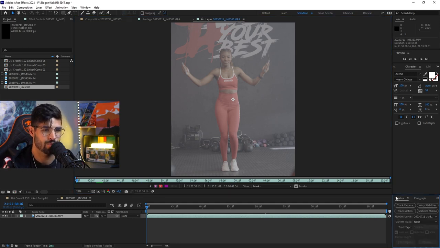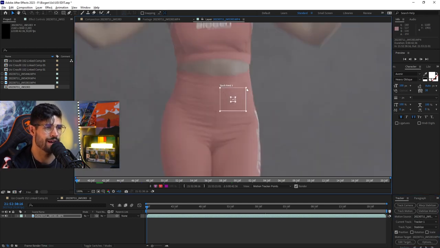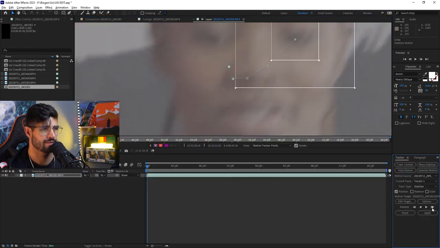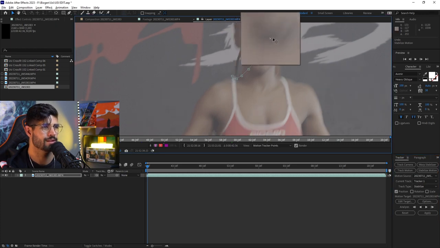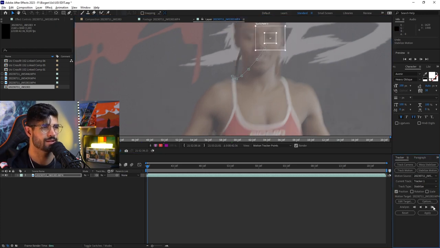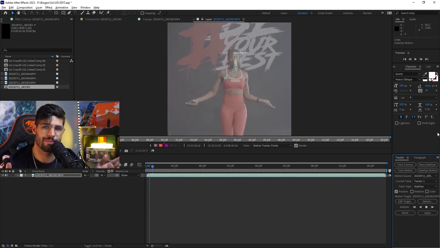Then I'm going to come over here to my tracker. And what I'm going to do is I'm actually going to stabilize motion. Now it's created a tracking point over here, which I'm going to actually enlarge so that it has more pixels. And now it's all about finding a spot. I'm going frame by frame at the moment. So sometimes you might need to actually go frame by frame so it knows exactly the tracking point that you